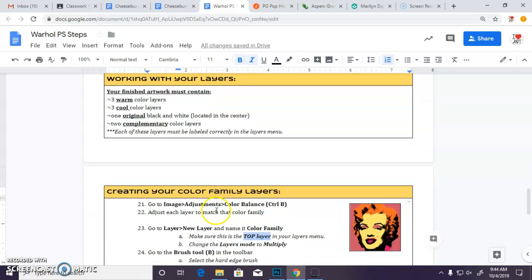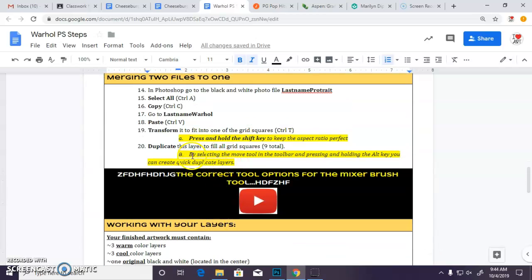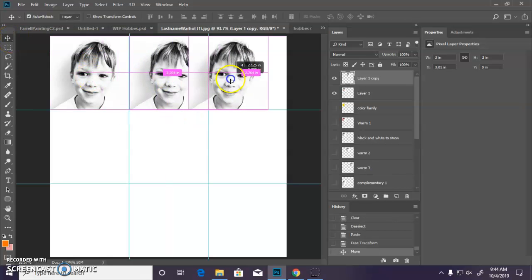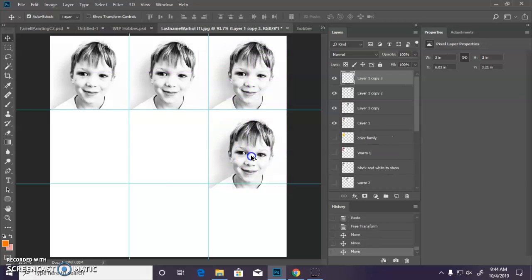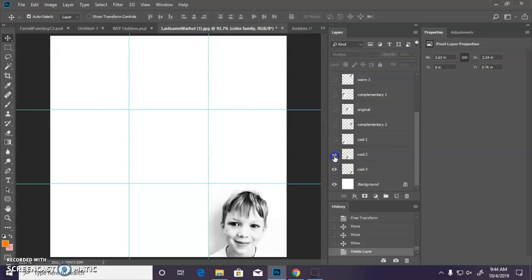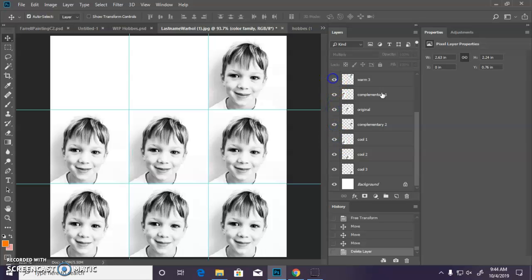and then it says here, by selecting the Move tool or pressing and holding the Alt key, you can create a bunch of quick layers. So I have the Move tool selected, and then watch this. I can do Alt click, and I can click and drag each one of these to fit into my grid square. After you have each one in their grid squares, which I've done here,